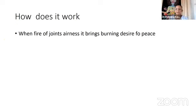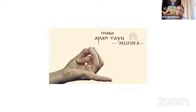But when you're in Shavasana, you're nothing, right? Just a body lying there. So that is what it is. So when fire joins the airness, it brings the desire of peace. That is why you have